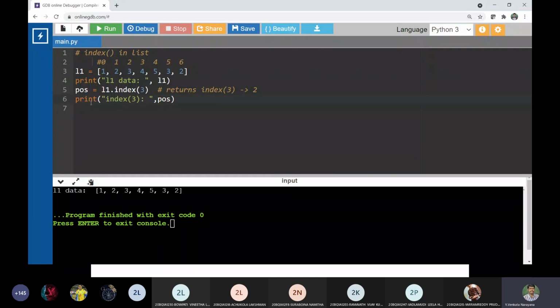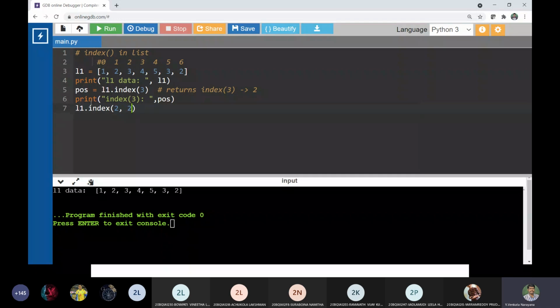In a similar way, I would like to know L1 dot index of the element 2, the position of element 2, but my search has to start from 2.